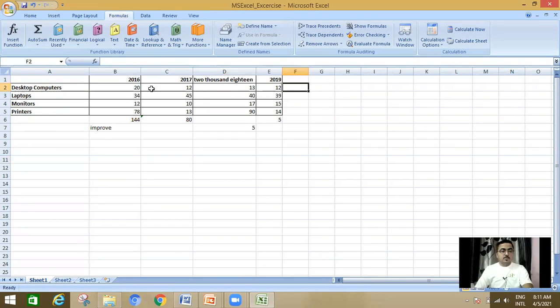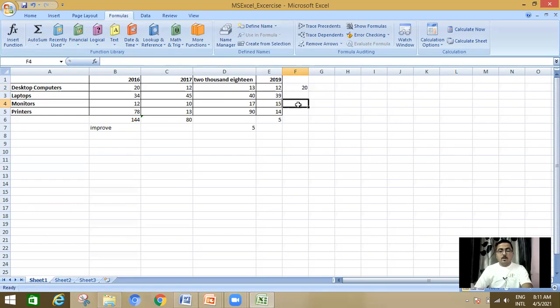So what is to be done? Go to the sum, click on MAX. By default, the range is taken. I just press enter. Here you can see that 20 is the greatest number among these: 20, 12, 30 and 12.